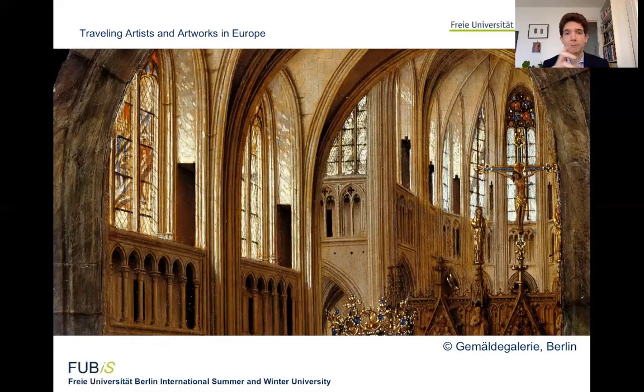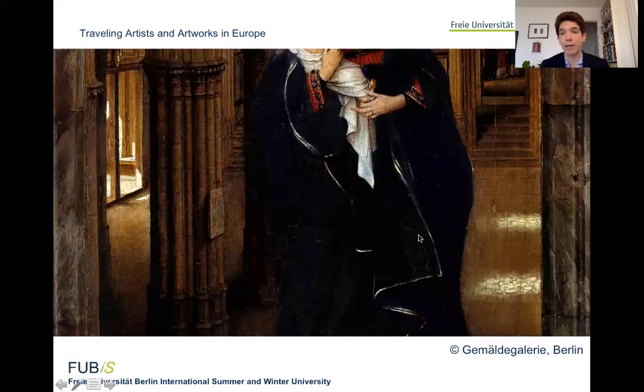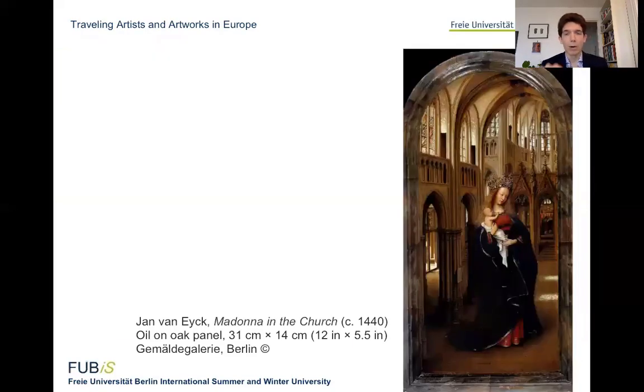Jan van Eyck created a masterpiece in this work also by modulating in a masterful way the different sources of light that illuminate the interior of this cathedral. You can see here the light filtering from the stained glass window, and we see the beams of light reflecting on the pavement of the church, entering from this liminal space on the left of the painting. Well,